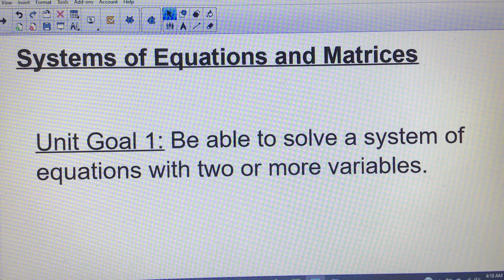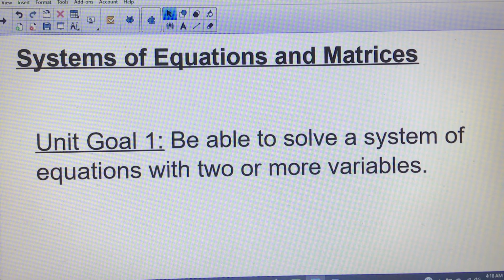So unit goal 1 is to remind you how to solve a system of equations with 2 or more variables. This video actually won't get into the more variables. We'll just look at 2. And then in the next video, we'll look at 3. And then you'll see it starts to get really difficult to solve them. So that's why we move on to the matrix method, which allows us to solve it more efficiently using technology. All right, so